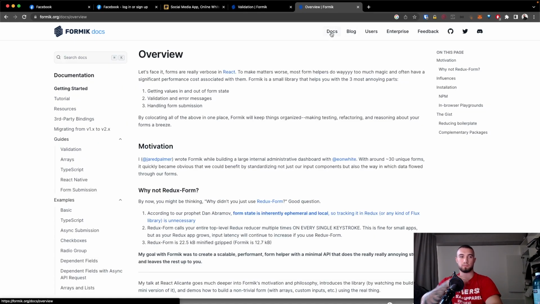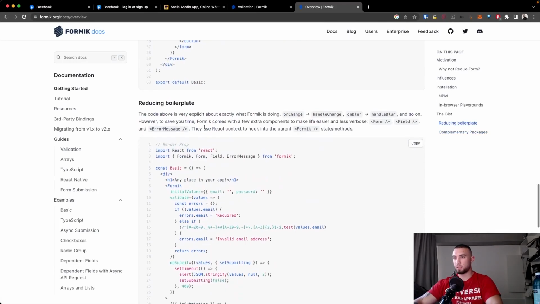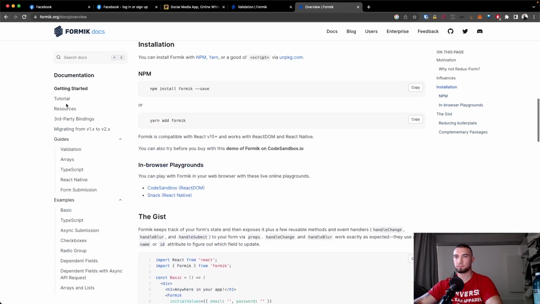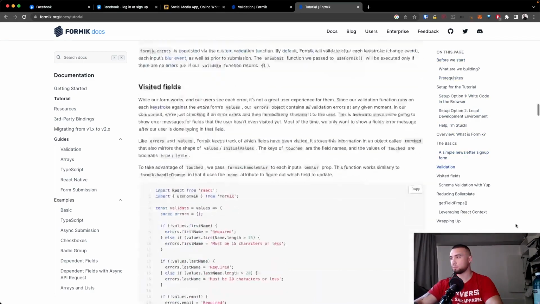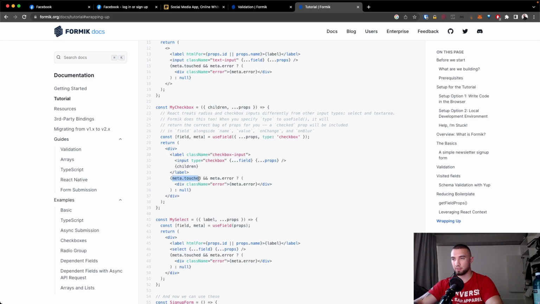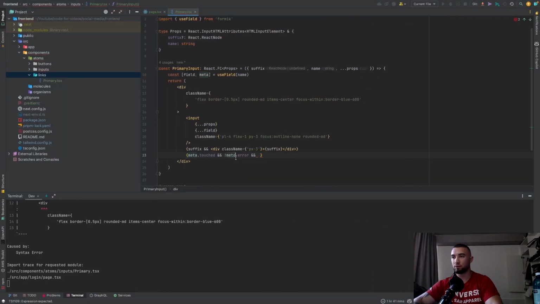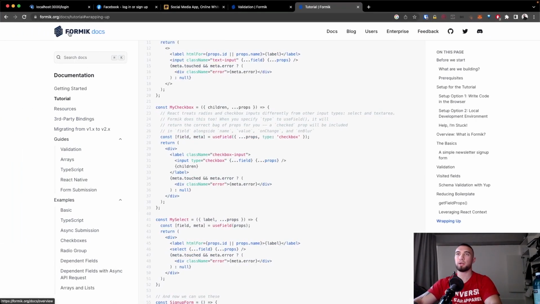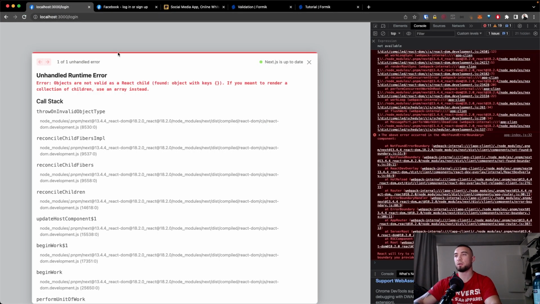Docs. Oh, I think it's in the tutorial. Yeah, if error exists, of course, if error exists, then we will just display a span with the error message, of course, and this will have a text color red, dark red. Right. Let me see. It says